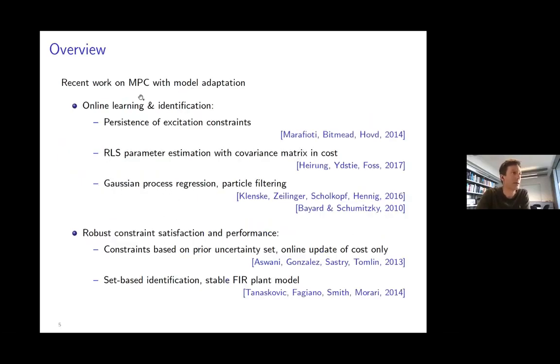So looking at the two of those aspects in particular, in terms of identification of system parameters in online model predictive control, there are various different approaches that have been developed recently. One of these is to include constraints in the predictive control formulation which guarantee persistence of excitation. And the idea here is that the predictive control is in some senses an ideal framework for